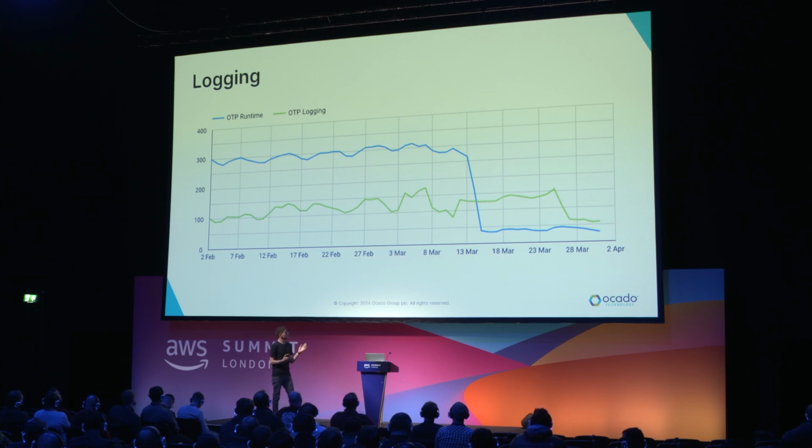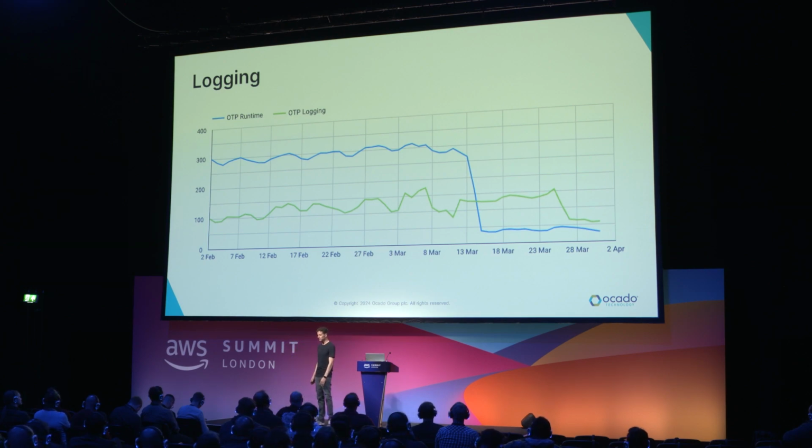And now, looking at the graph, the team can be strategic and say, well, now compute is sorted out. What's our next biggest cost? Well, our next biggest cost is logging. So you can see towards the end of the period, they took some actions to reduce their log cost as well, using some of the techniques I've already described, and they got the log cost down. So the difference in the cost of this app from the start to the end of the period in question is really important.